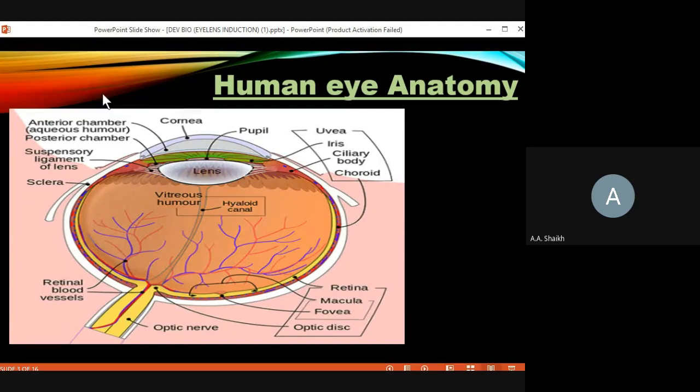Okay, firstly the light which we see is going to pass through here. The light is going to be collected with the help of the cornea. Then it will pass through and move towards the lens system, here the lens, and from the lens it will get refracted towards the retina. So light is first collected by the cornea, moves towards the lens, and is then refracted towards the retina.